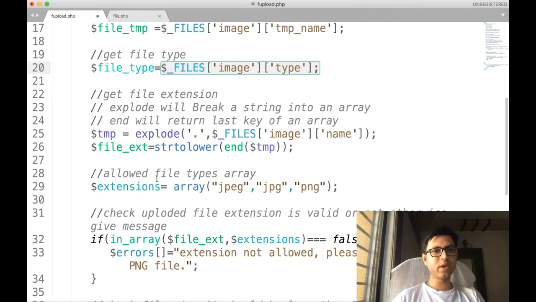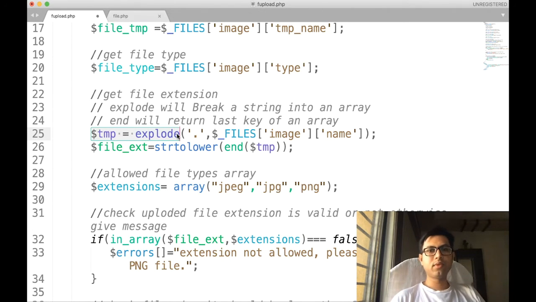Now next, we are going to break the whole path. The explode function of PHP will break a string, that is, a character string, into an array, and it will return the last key of the array. Suppose $_file is a super global variable which contains the file name.